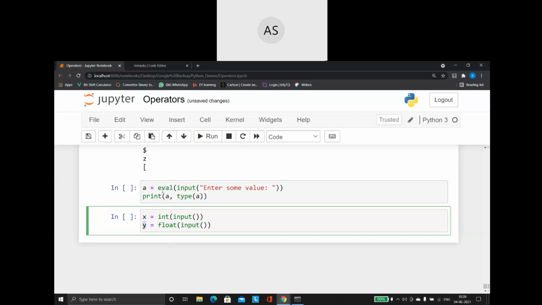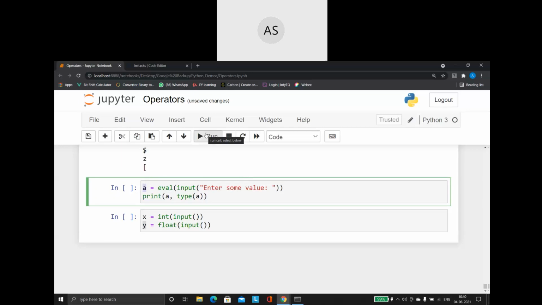Now, instead of doing it like this, I'm going to make use of a function called eval. The advantage of using the eval function here is that whatever input you're taking will definitely be a string, but based on the input, the eval function will automatically evaluate or convert it into the appropriate data type, and only then is it going to store it in your variable. This is what I was telling you in the last session. We saw a couple of examples for that.